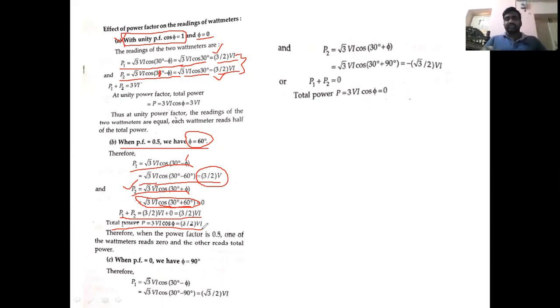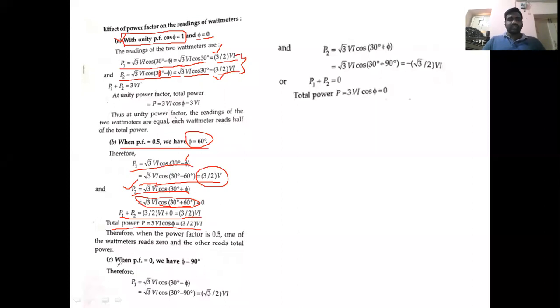Anyone having any doubt with this type of calculation, just post your doubt in the chat box. We will discuss your doubt at the end of the discussion. Don't hesitate. If you hesitate, things will become so complex that you won't understand the concept at the end of the session.